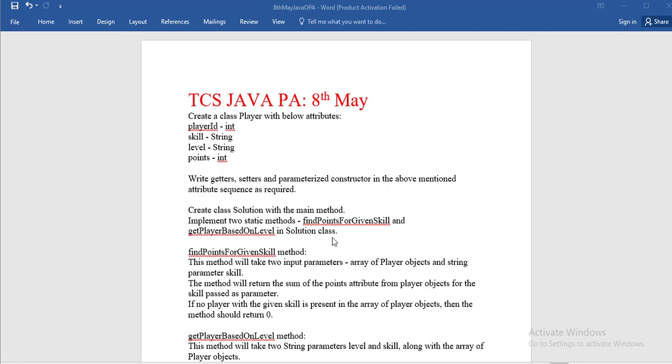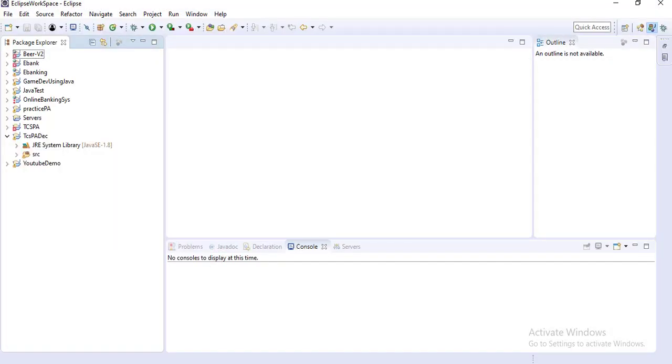Okay, so this is the first. Here you can see you have to create a Solution class and write the main method. So for that I am going to Eclipse, and here you can see TCS Proctored Assessment. Already I have a workspace, and inside the workspace I already have a project, TCS PA.